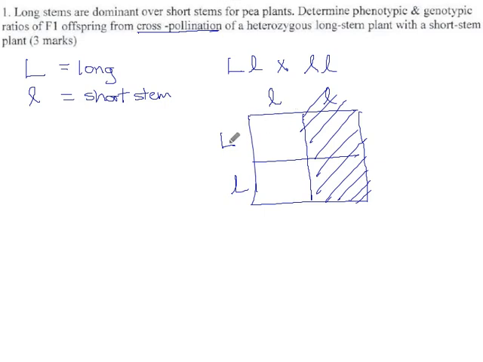So when these combine, this plant gets a big L from one parent, a little l from the other parent, and this plant gets a little l from each of its parents. So for genotype, we could say half of them will be big L, little l, and the other half will be little l, little l. Or the other terms you could use are this plant is heterozygous and this plant is homozygous recessive. And as far as how they look,